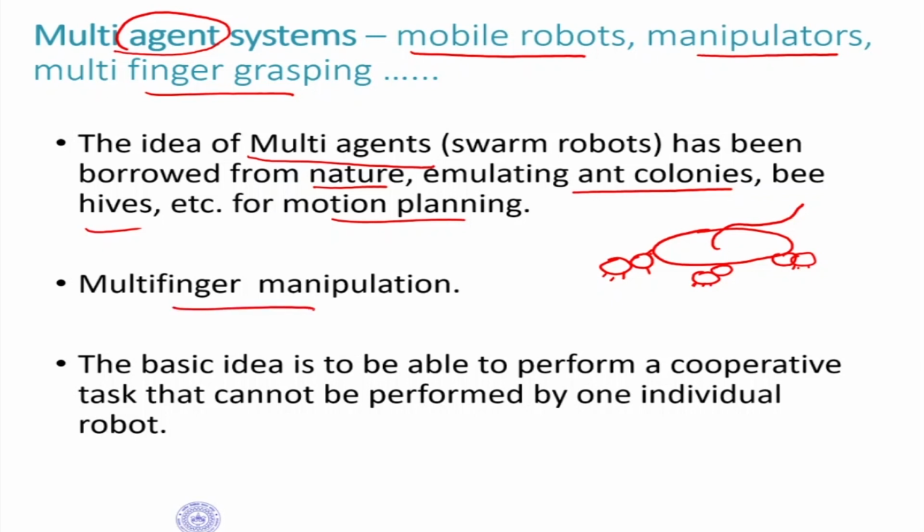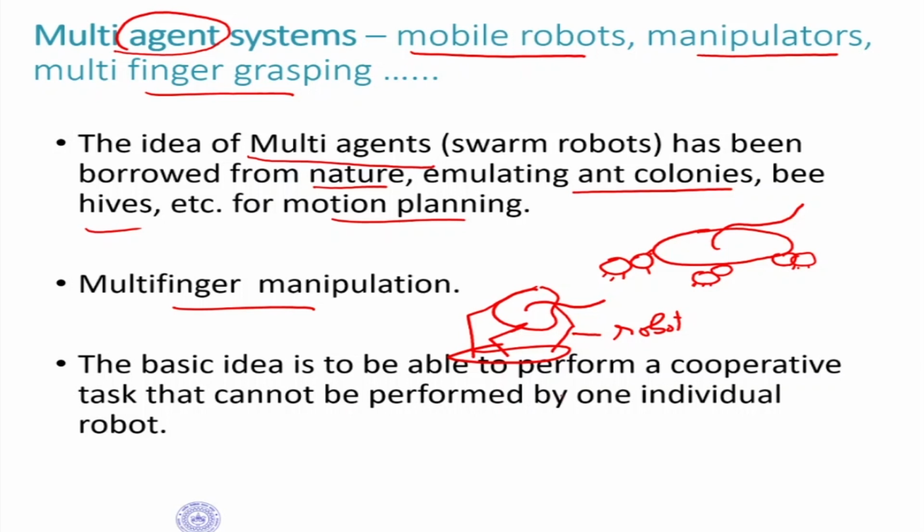Multi-finger manipulation is another case where we have an object and we have multiple fingers which are holding the object, and we want to give a particular motion to this object. So each of these fingers can be considered to be a serial robot arm, and collectively they're doing a particular task. The kind of questions that come up here are: how many fingers do you need? What are the exact positions you're going to place your fingers on, and things like that.